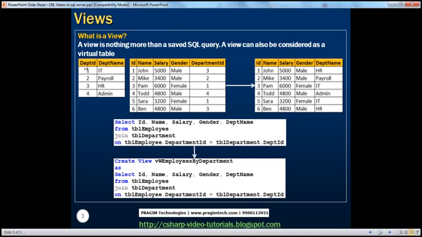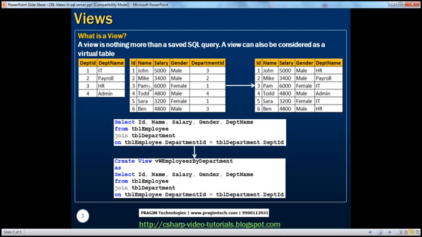On this slide, you can see the departments table, which has got department ID and department name columns, and this is the employee table, which has got ID, name, salary, gender, and department ID columns. Now, I want you to write a query which can produce the output that you can see on the right hand side. The ID, name, salary, and gender come from the employees table, and department name comes from the department table. So obviously, to produce this output, we will have to join the employees table with the departments table,